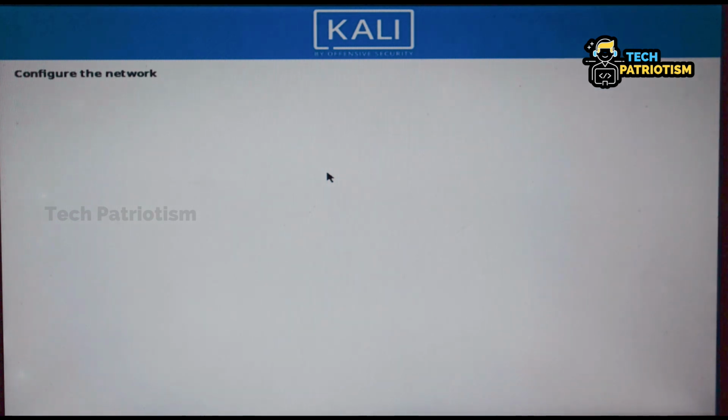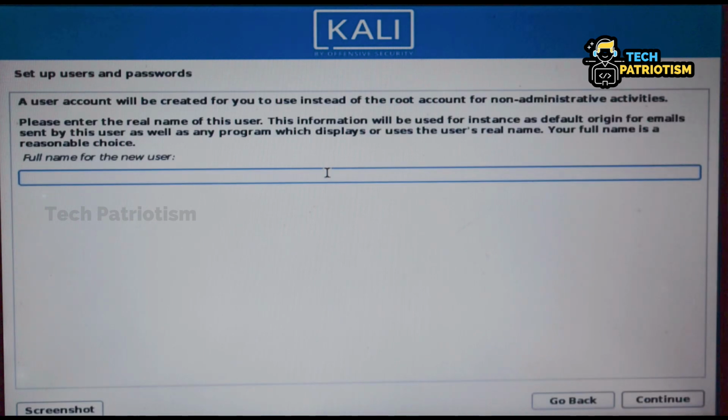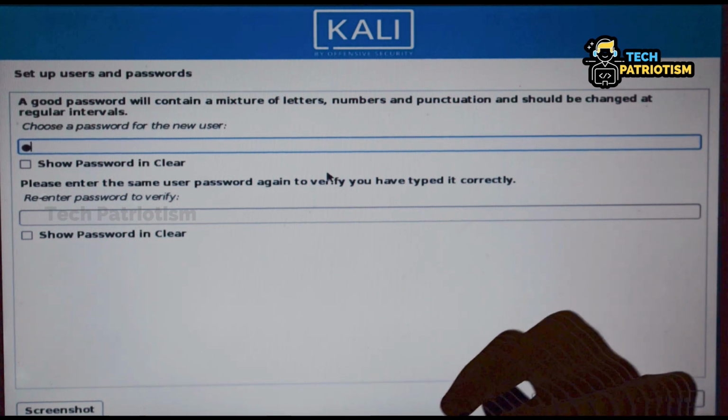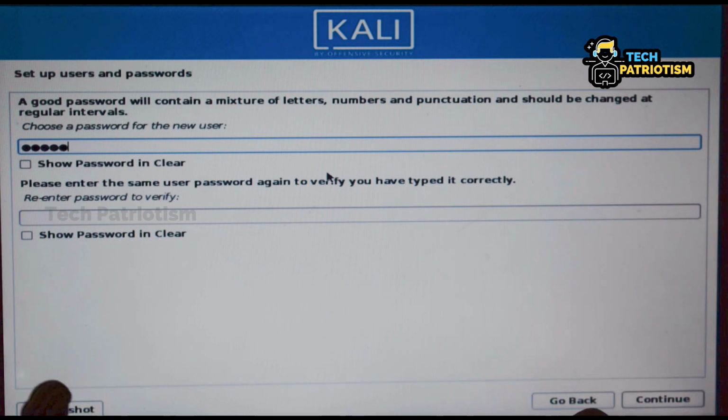It's your machine. Then configure the network and type the full name of a user, because you are installing and setting up a new username and new password. So write your full name. I name it Tech Patriots. Then set up your new username and password and type your password. You have to re-enter the password for verification, to make sure both passwords are the same.